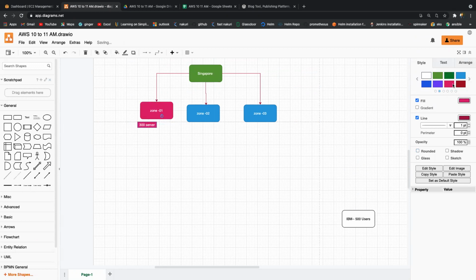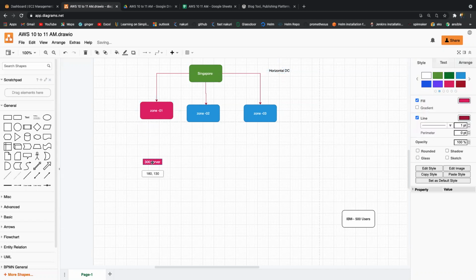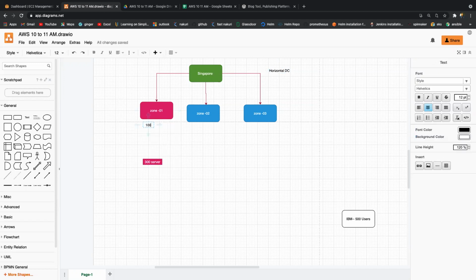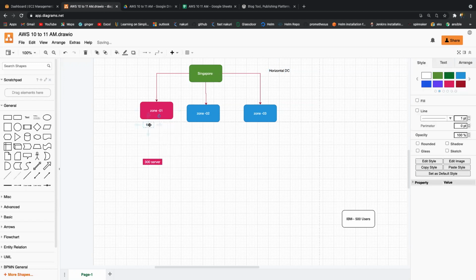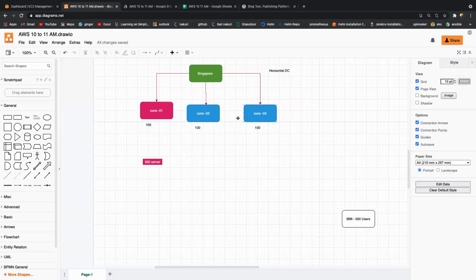Am I right? So when you are trying to build the data center, to ensure high availability it should be horizontal. I mean, the 300 servers are divided into multiple zones. Here you can deploy 100 servers, here 100 servers, and here also 100 servers. So even if one zone is down, at least we can manage high availability.